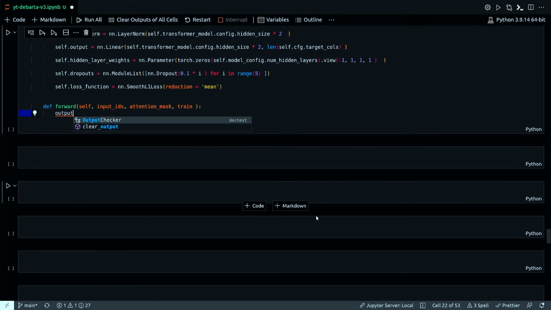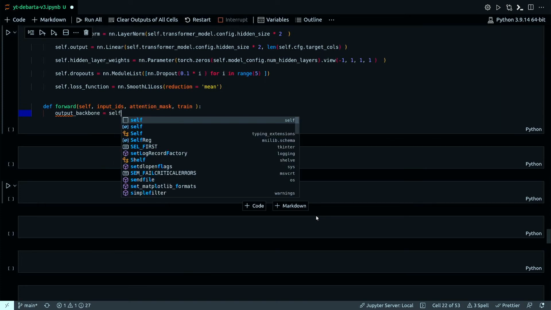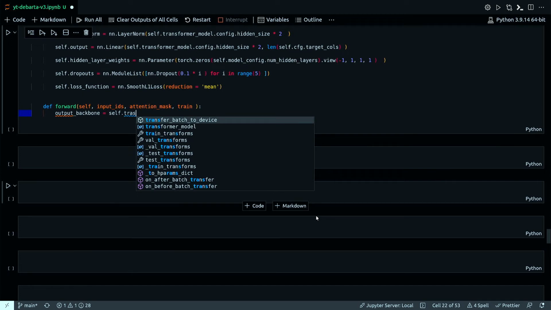Output, let's name it output backbone. Transform model.